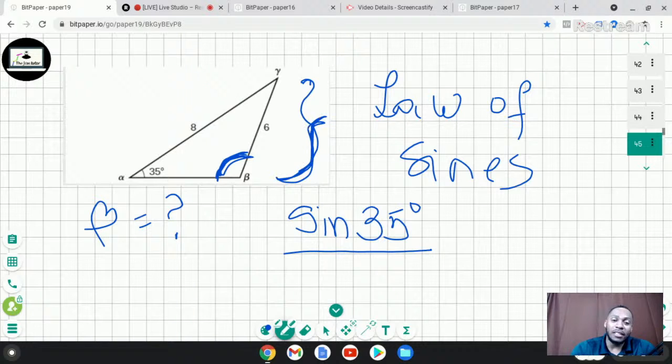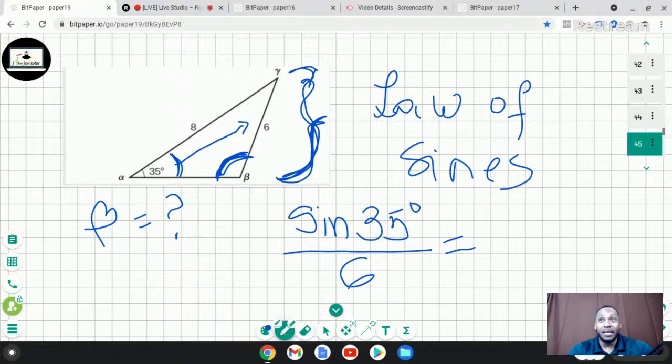And the angle alpha here is 35 degrees. The side that is directly opposite to that is 6. So sine of 35 divided by 6 is the same thing as